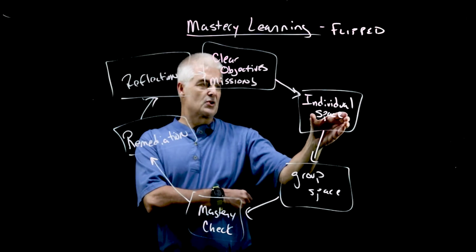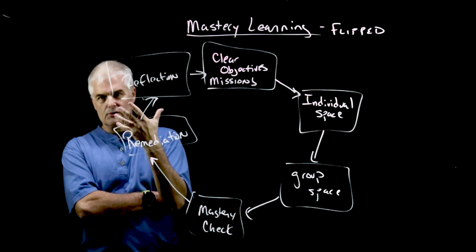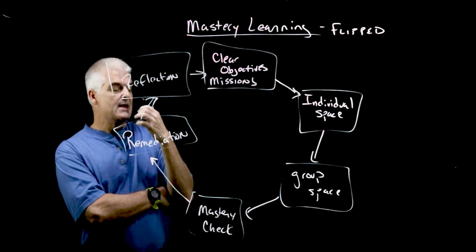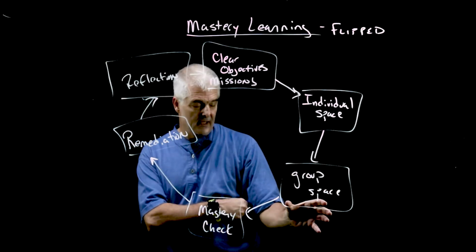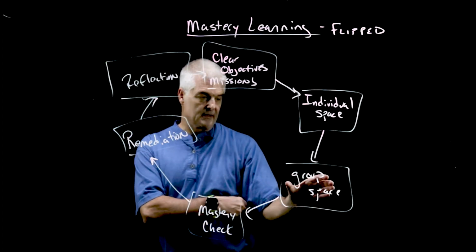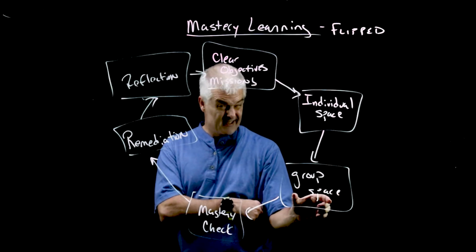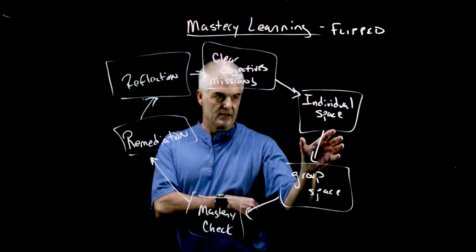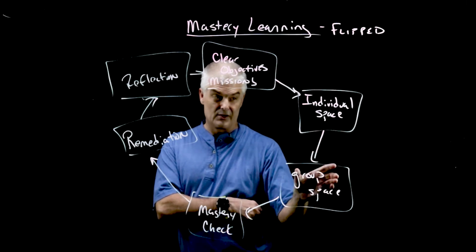And then you're going to do what is called the individual space stuff. That's the stuff you're going to do alone. That tends to be the pre-work, like the flip videos and things like that. Then you're going to do activities in class. Again, it doesn't matter technically where you do these, but the group space tends to be things like experiments, worksheets, assignments that you're going to do. This is the learning piece.